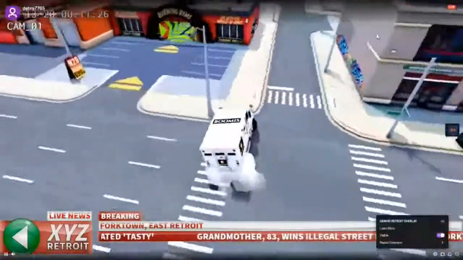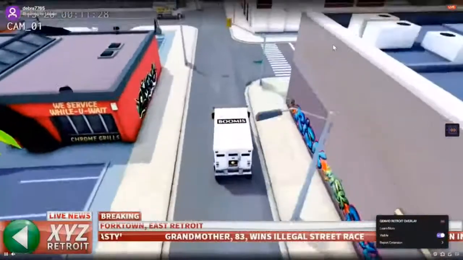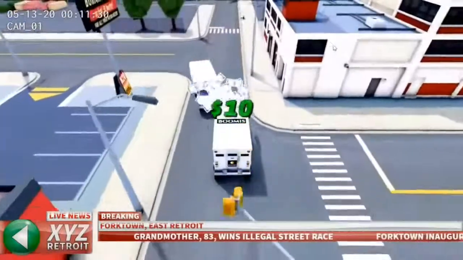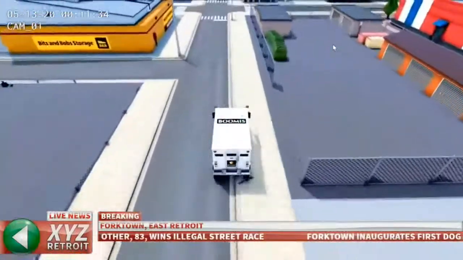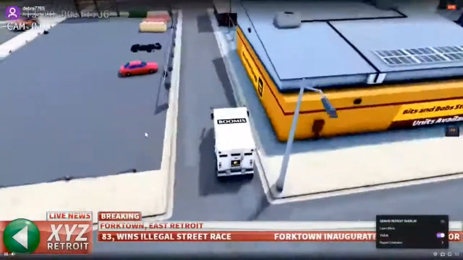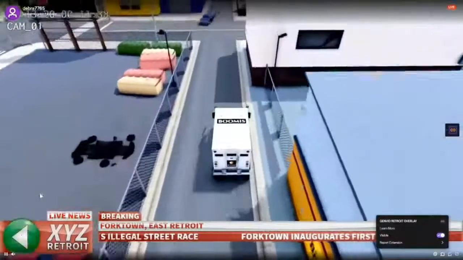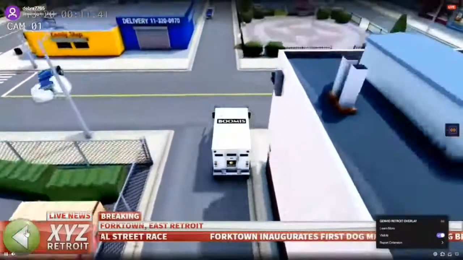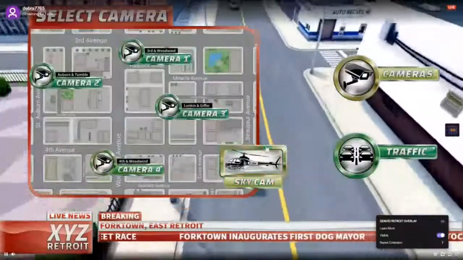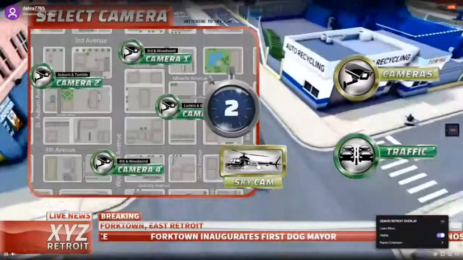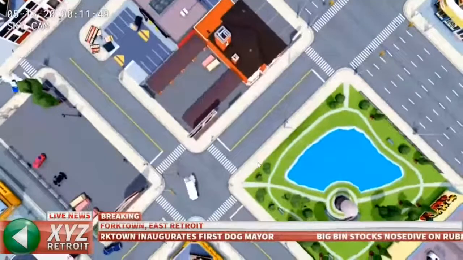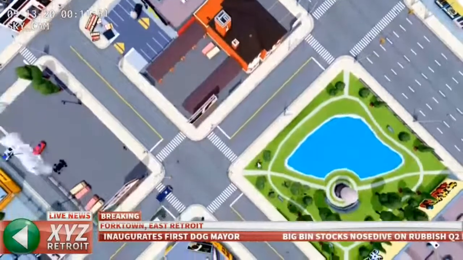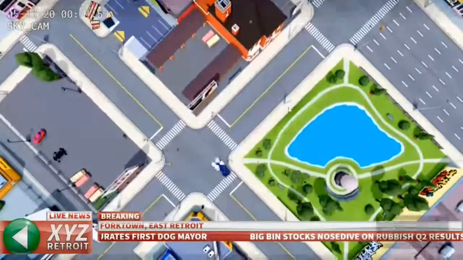Again, you can see some of the satirical ads that have been placed in town and some of the amazing sort of graffiti that the artists have put in. The developers could have had a lot of fun, and it'll be really interesting to see how this game continues under development. Again, here we can jump at the sky cam, and this is just yet another bird's eye view that tracks across town and gives us more interesting camera angles.